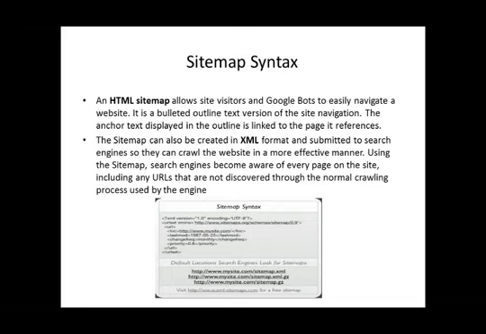Location would ideally contain the name of the individual URL. In this case, it's mysite.com, and the next parameter we have is the last modification date. In this case, it's 25 May 1987. Ideally, every page on the website should have a last modified date attached to it, and how frequently it's being changed. In this case, the change frequency is monthly, and the priority again depends from URL to